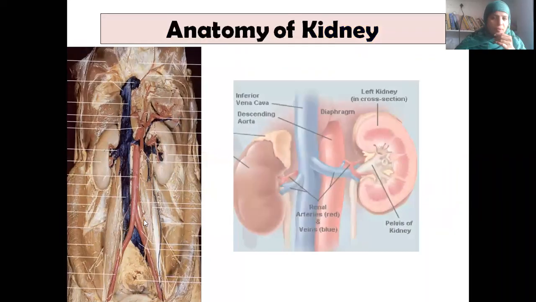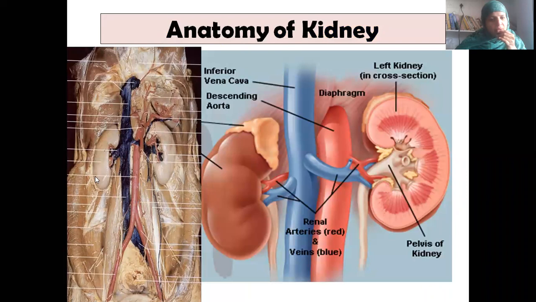From this picture, if you observe, all the abdominal visceral organs have been removed. That means now we are in the posterior abdominal wall. The liver has been removed, isn't it? The stomach has been removed. Spleen is intact. The celiac trunk branches, splenic artery looks intact. The visceral organs like small intestine, large intestine, stomach, liver, and pancreas have been removed in order to see the posterior abdominal wall.